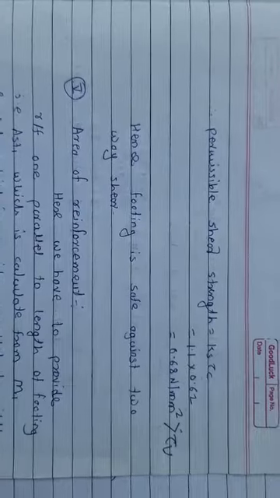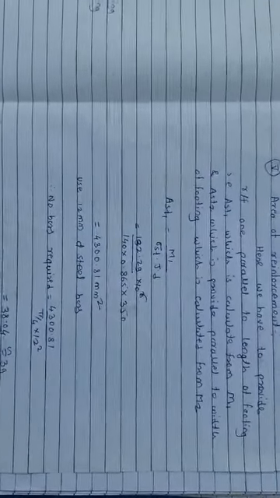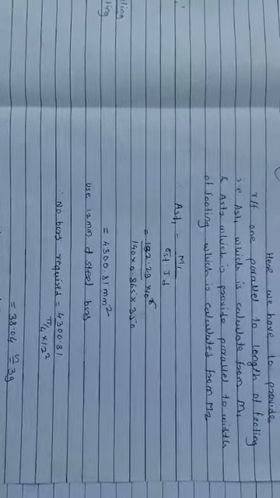two-way shear to be considered. Then the last step, we have to go for the calculation of the reinforcement. So here the footing will be a rectangular footing, so we have to provide the area of the steel which is parallel to the length of the footing, that is your AST1, and AST2 is nothing but the area of the steel which is provided parallel to the width of the footing.